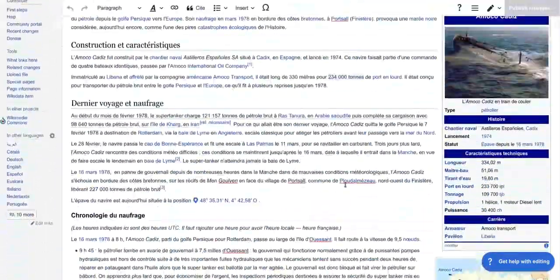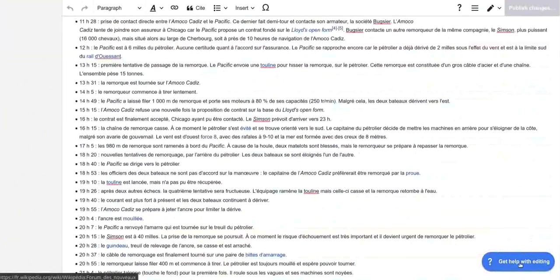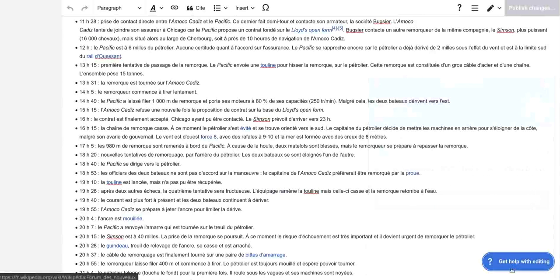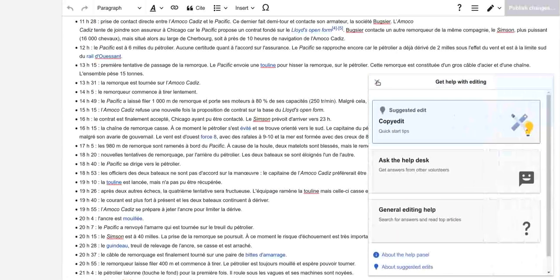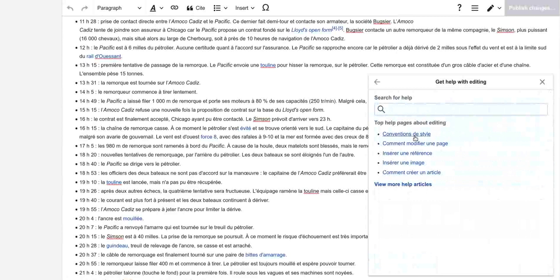So we probably have a lot of things to change there, and people have to spot them. We plan to have a way to highlight them. We'll see if it's possible. When you click help with editing, you can also go back from suggested edits, and you have access to other resources. You have access to general help about editing, where you can search on help pages.